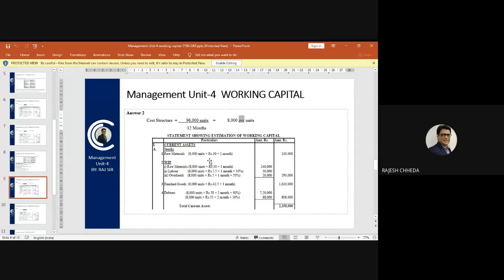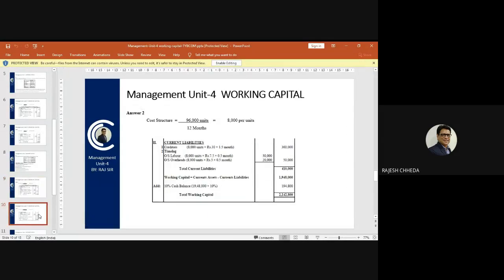Perfect. And the next one is 8,000 into 55 into 2 months into 10%. So on your screen, you can see debtors of 8,08,000, and when you total all current assets, 23,58,000 total current assets. Now, part 2,